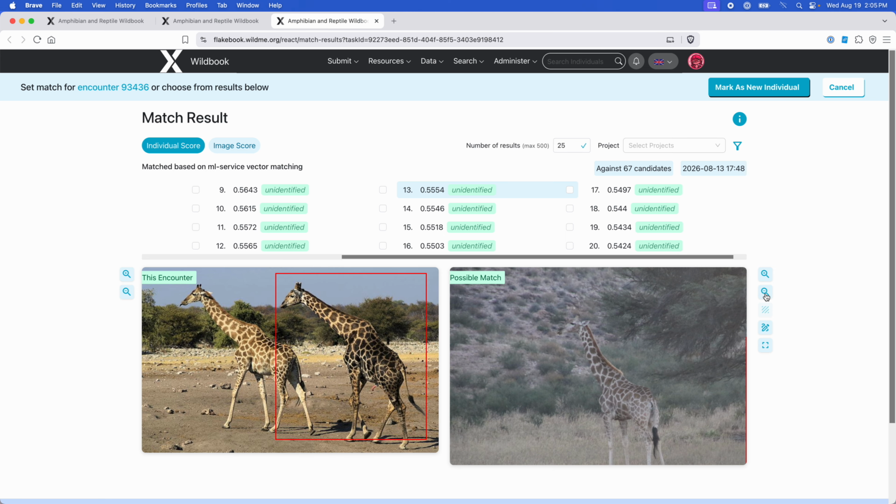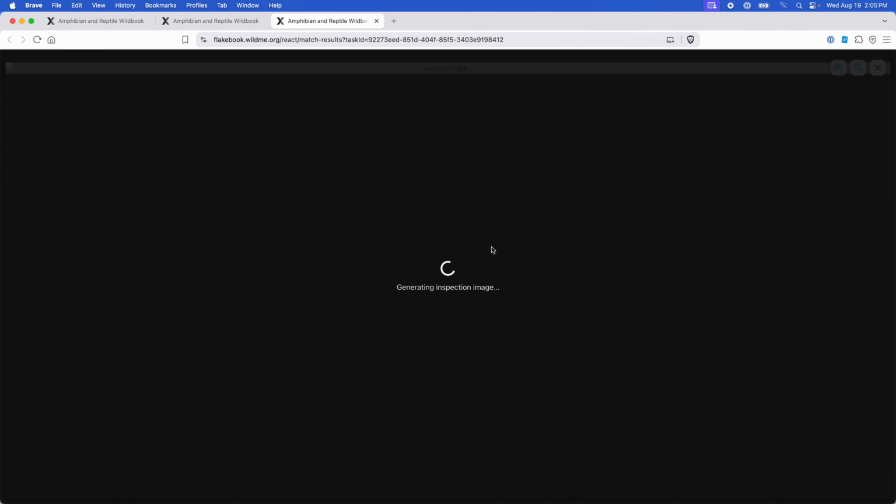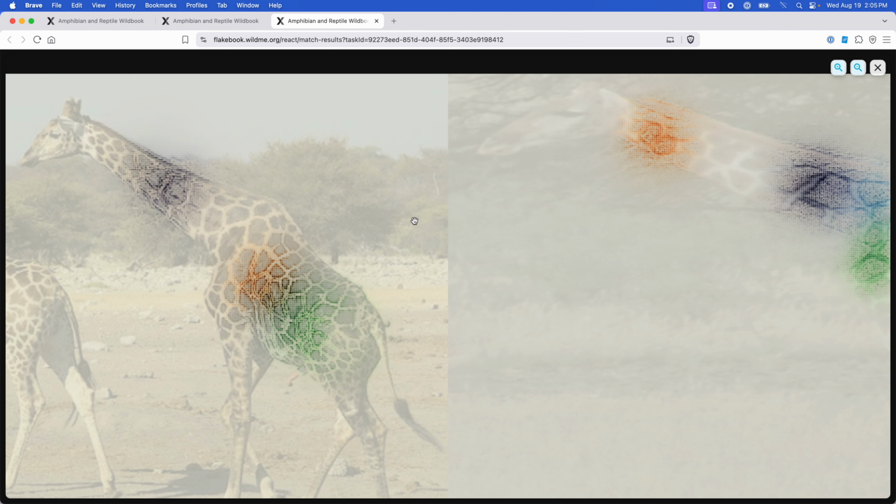on our candidates. There's also this shaded icon, which I know is long awaited. It replaces what used to be the inspect button, and what it does is it gives you a visualization for what that particular algorithm looked at to determine that this particular candidate was a potential match for your animal. This is what the visualization will look like for the MUID algorithm. The visualization for Hotspotter will still show the heat maps